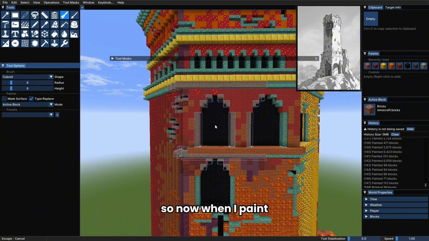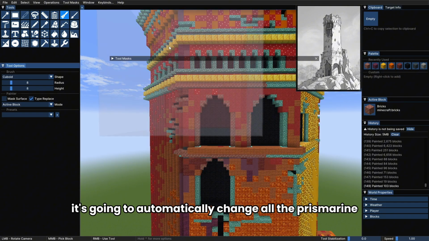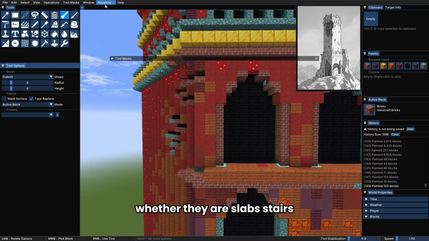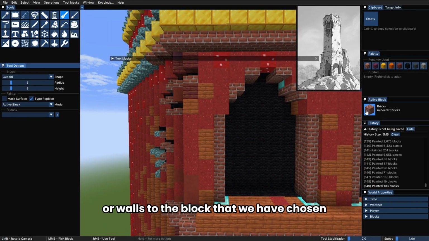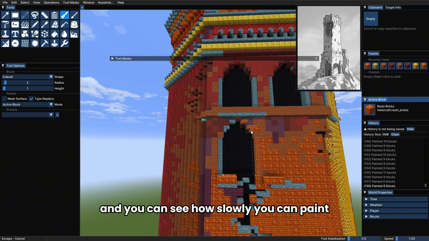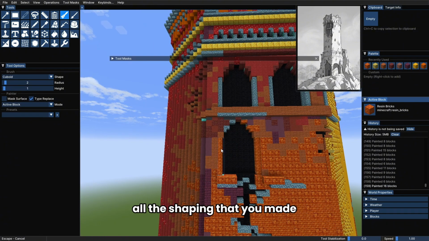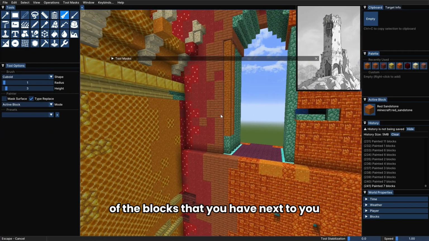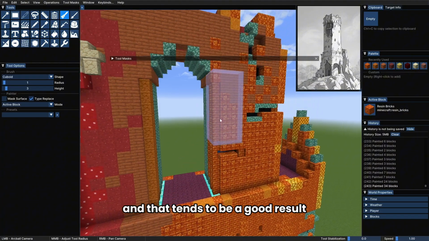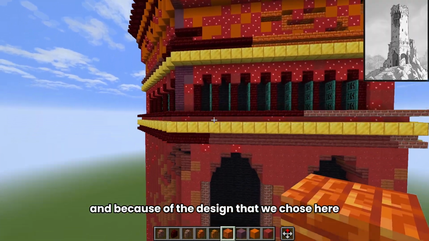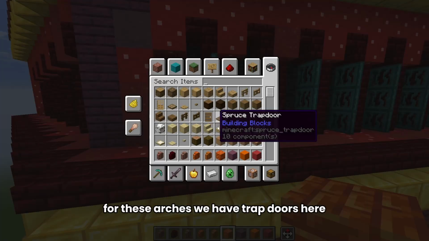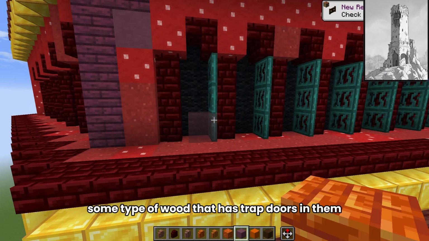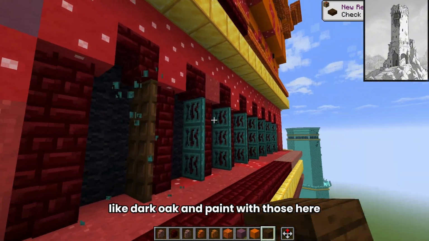So now when I paint, it's going to automatically change all the prismarine, whether they are slabs, stairs or walls, to the block that we have chosen. And you can see how slowly you can paint all the shaping that you made. Just basically follow the colors of the blocks that you have next to you, and that tends to be a good result. And because of the design that we chose here for these arches, we have trapdoors here, and we probably need to select some type of block that has trapdoors in them, like dark oak, and paint with those